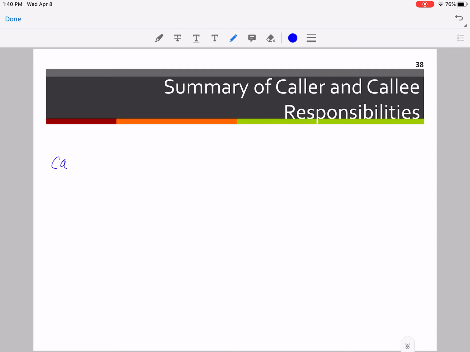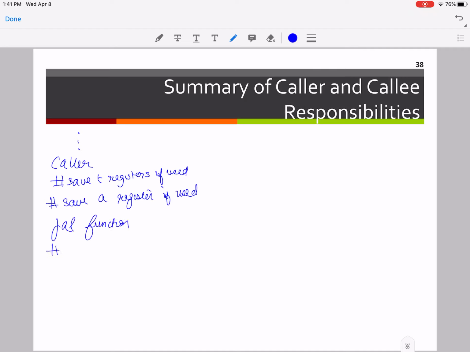My caller portion looks something like this right when it is about to call a given function. I'll put nice comments like save T registers if used, save A registers if used, JAL to function,